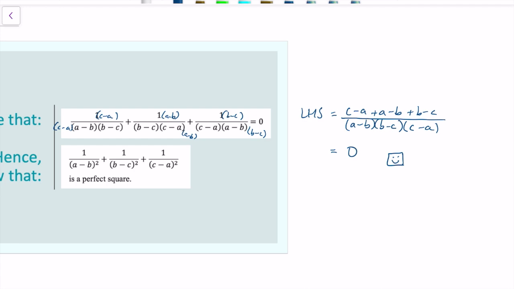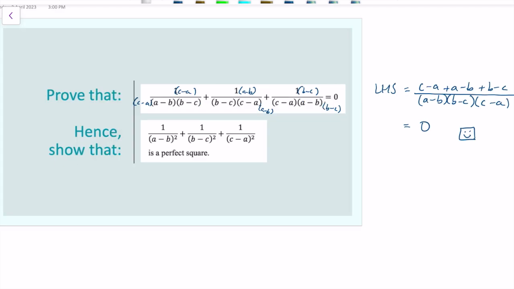How does that relate to the next part of it? So the connection between the first proof and the second quantity isn't so obvious. The idea is that we need to prove that the quantity is a perfect square, so the square root of it should work. You could just put the fractions together like we did in the first part. However, we've just proven that three fractions,